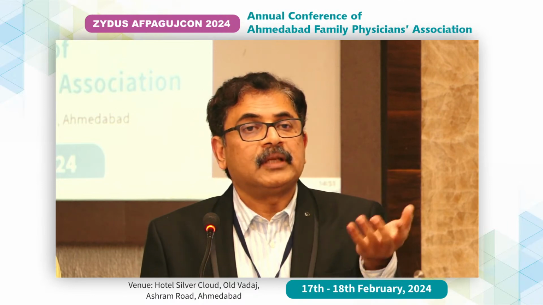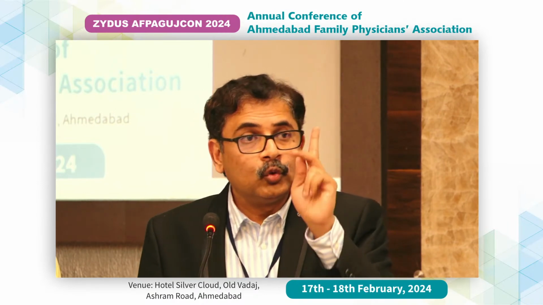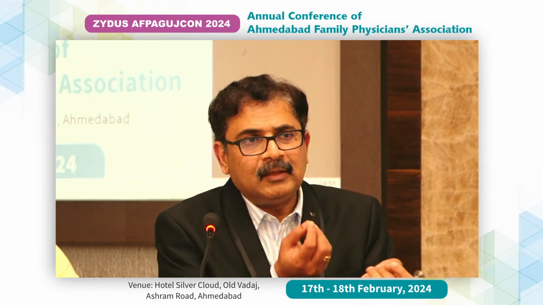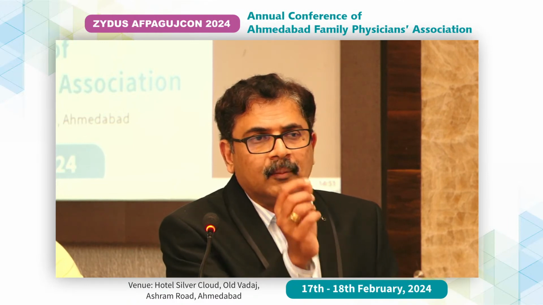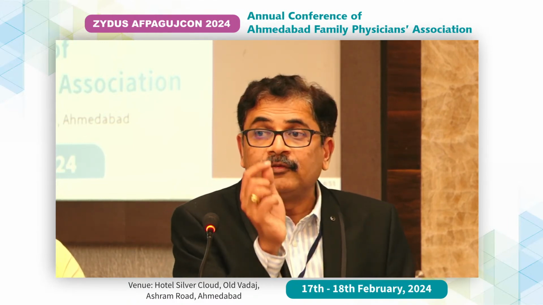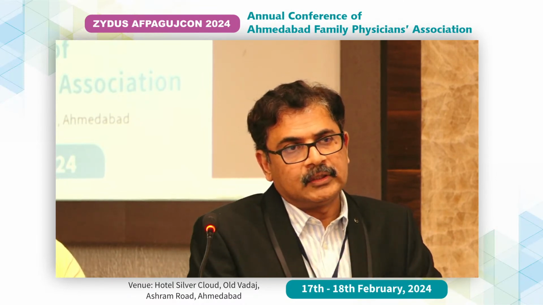Sometimes people get dual antiplatelets. Those are the ones you have to be careful with. If they come with any signs of petechiae, sometimes he'll very casually tell you, when I passed urine in the morning, I saw 1 drop of blood. He may just pass it off, but that may be the first symptom telling you that there's some trouble coming up. These are small little things which help.